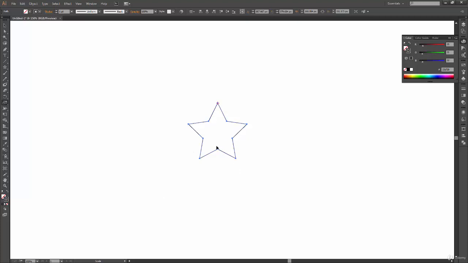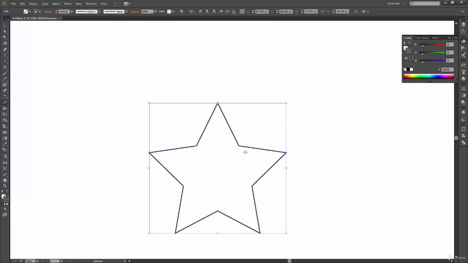Okay, now I can click and drag to scale my star in the way I want. Now it is scaling from both axes, the horizontal and the vertical axis. If we want a proportionate scale, we can press shift so that it scales in both directions, horizontal and vertical. Okay, so that was pretty simple.